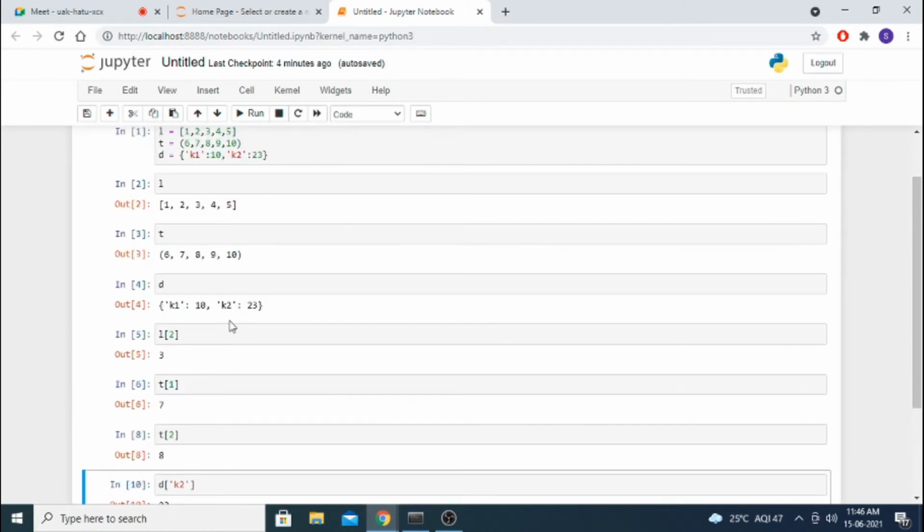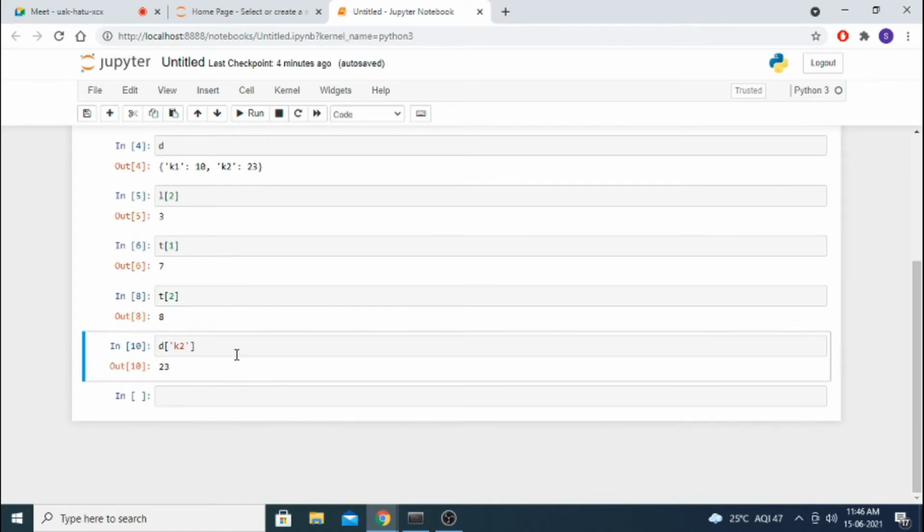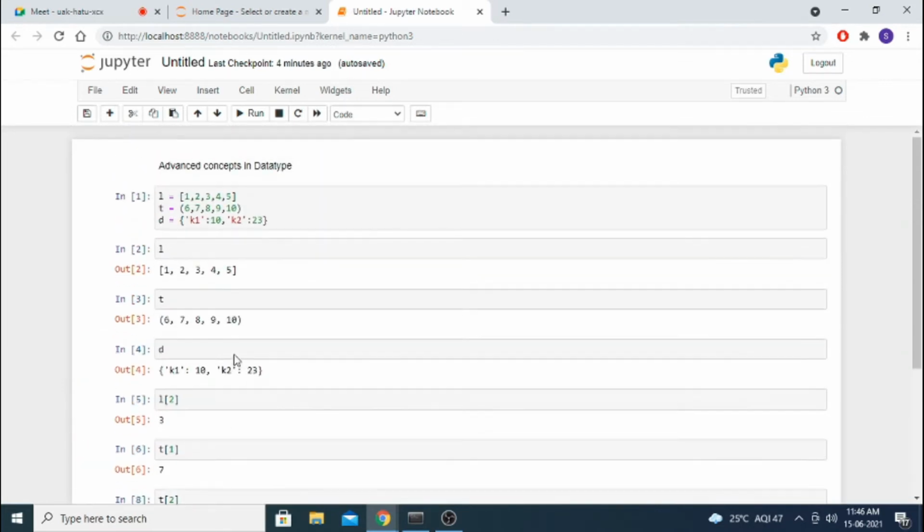What does K1 mean, what does K2 mean, like that we are able to get the value. K2 is a dictionary, we are getting the things. Okay. And what is the difference between list and tuple? I told you in a list we can add an item or change an item, whereas in a tuple we can't change any item. It is called immutable. Immutable means once you define the tuple, it is like a constant. We can't change anything.